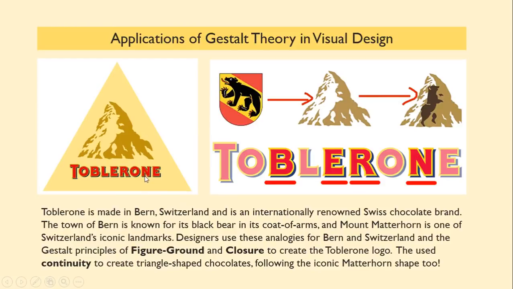And you pick up a Toblerone chocolate, you're going to feel a bit homesick because you can see all these meaningful symbols that are created based on Swiss pride, on the name of their hometown, maybe the logo, the coat of arms of a bear, and of course the